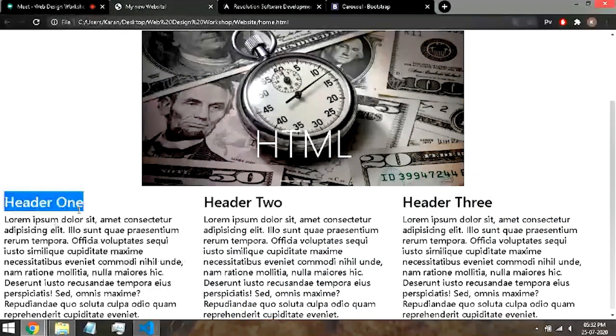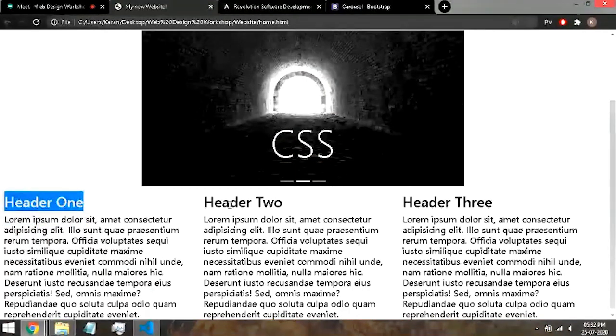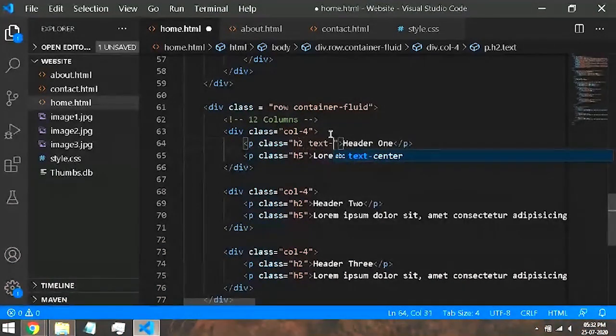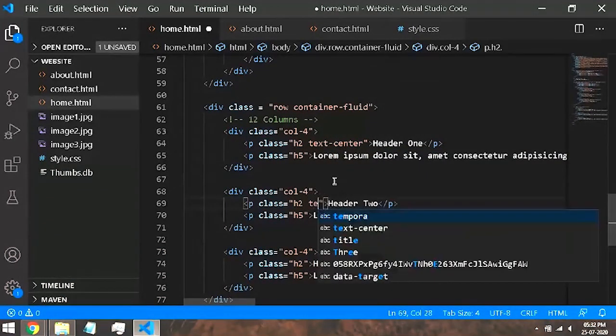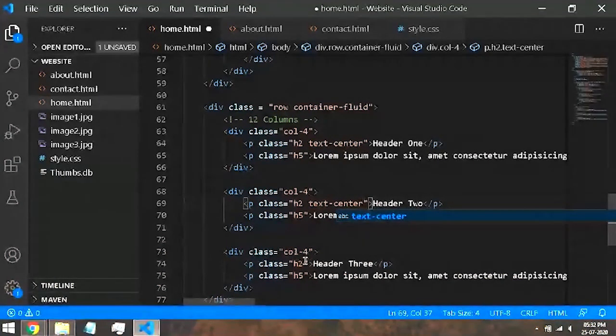Now I also want to center these. I also want to center these headers. So for that, it's just as simple as saying text-center. Text-center. That's it. Again, I'll just do it 3 times. Since we have 3 columns, do it 3 times.